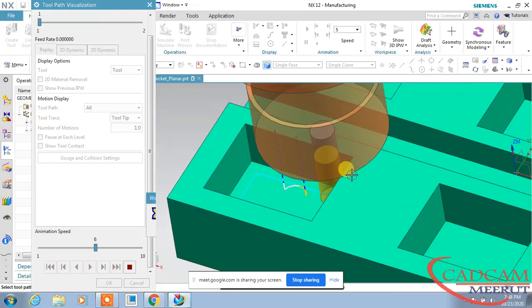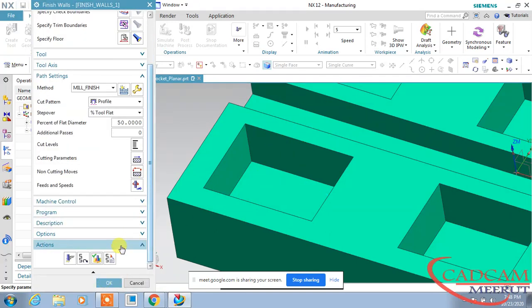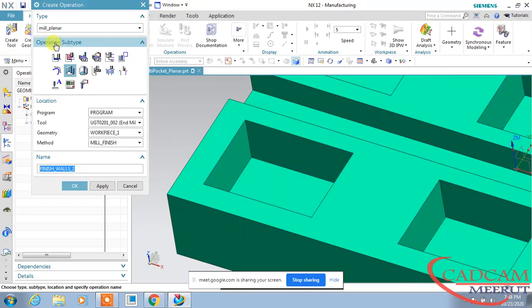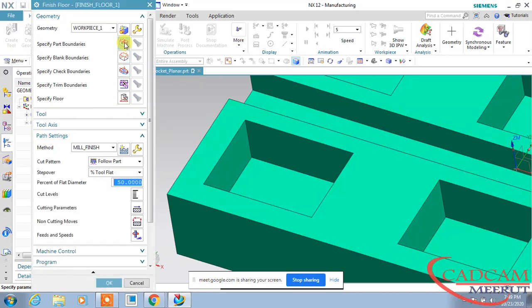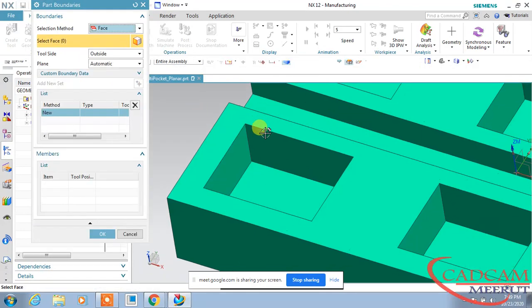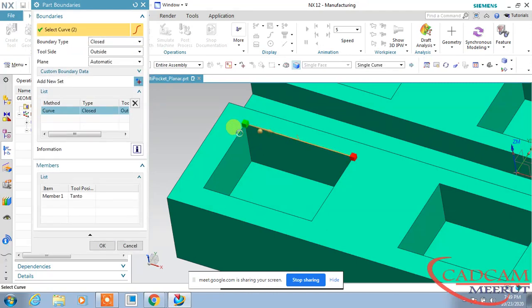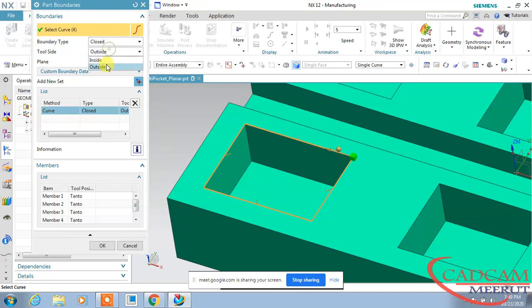Now the tool is bigger, so at the corners the material will remain. Before that we will finish this floor. So I will use the next option, finish floor. The part boundary, because I am cutting only this face, this pocket. So select this, and tool inside.